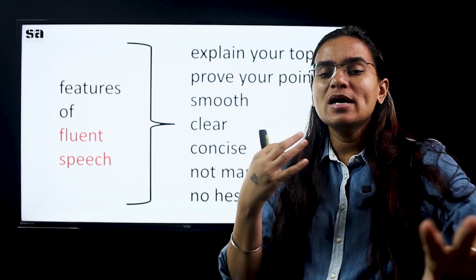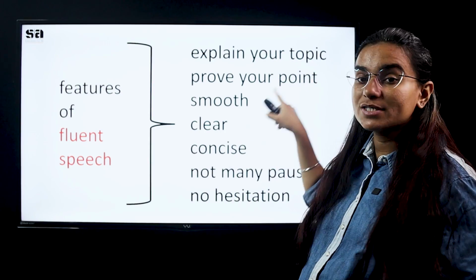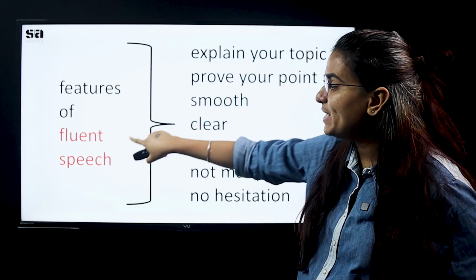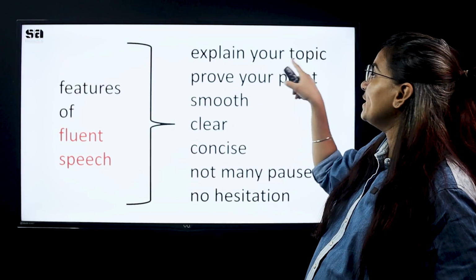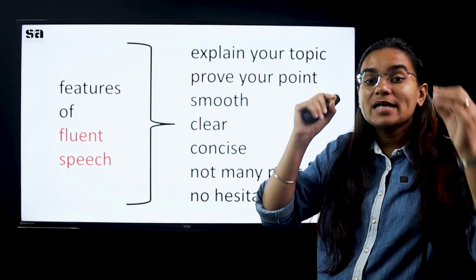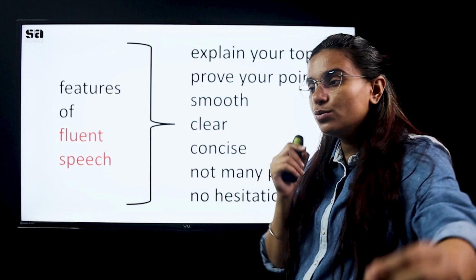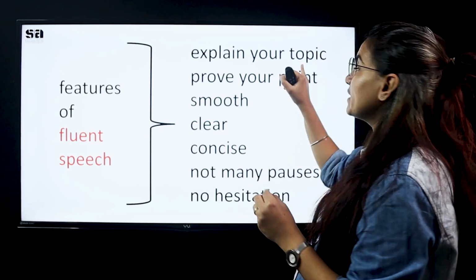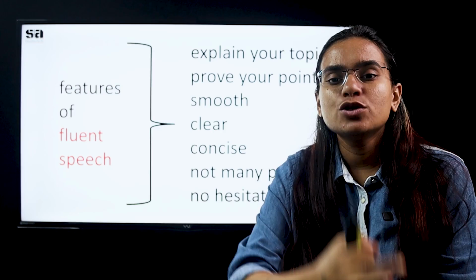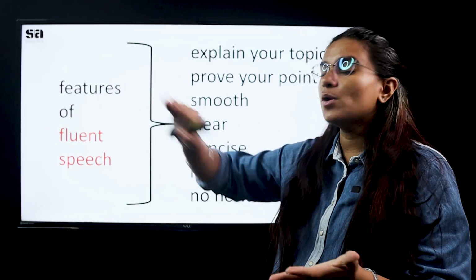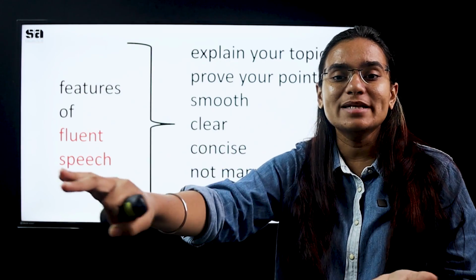Your friend and you are having this conversation about cars. So your target of being a fluent speaker, you have to explain your topic carefully. That person should know that you and that person are discussing cars. If the conversation is about cars, don't talk about bikes, don't talk about trucks, don't talk about trains.